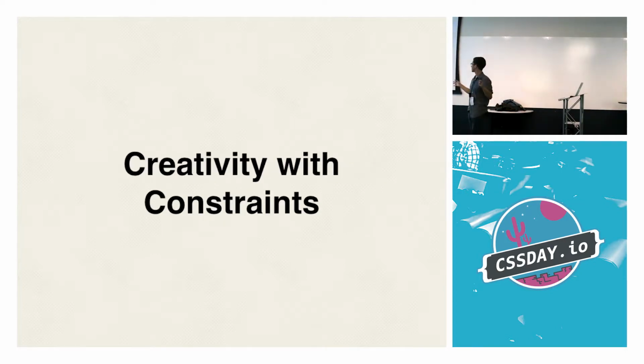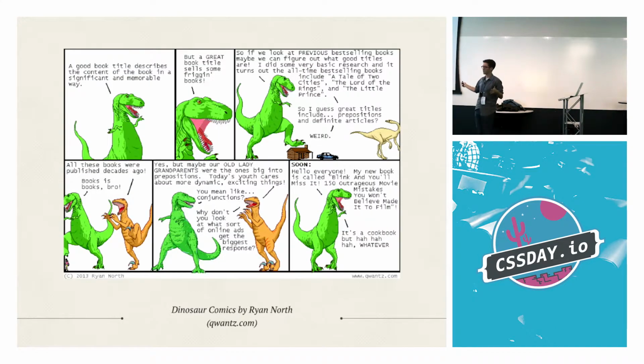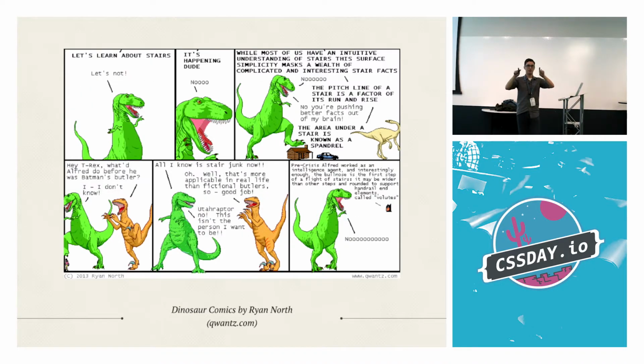So I know that was a lot to throw at you. But just as an example of creativity within constraints, if you've ever read Dinosaur Comics, you probably can't read that at all, that's fine. But it's the same art every day and just different text, different formats. Sometimes he'll have God talk from above. But somebody asked him, how do you do that? And he said, I don't know how anybody writes a webcomic without doing this,